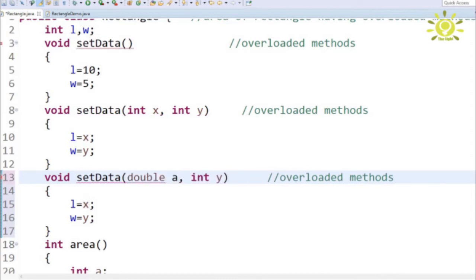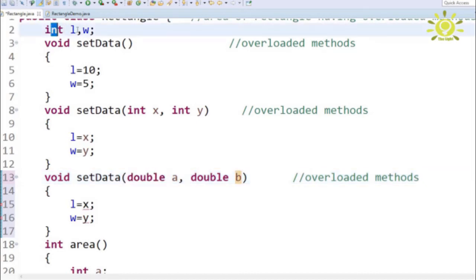At the top you can see integer L and W. Here L is equal to A and W is equal to B, but L and W are integer data type while A and B are double.